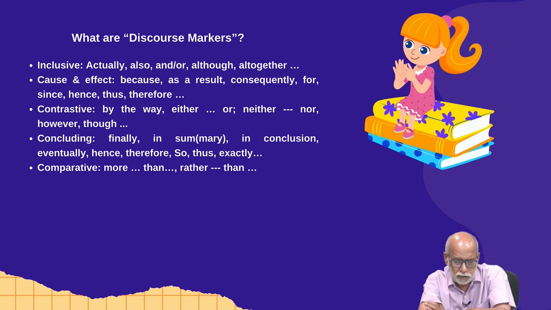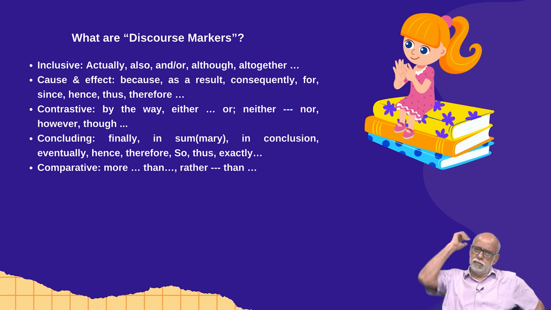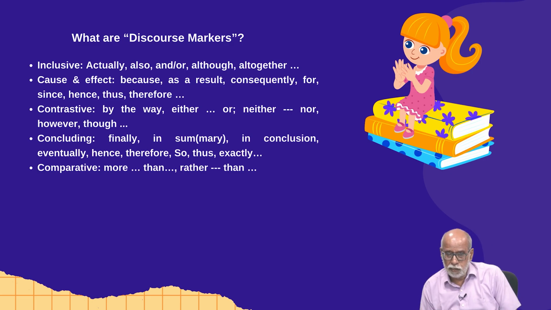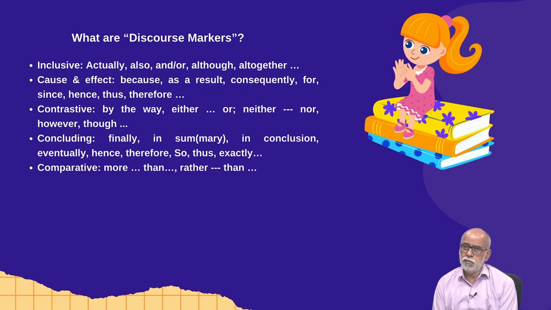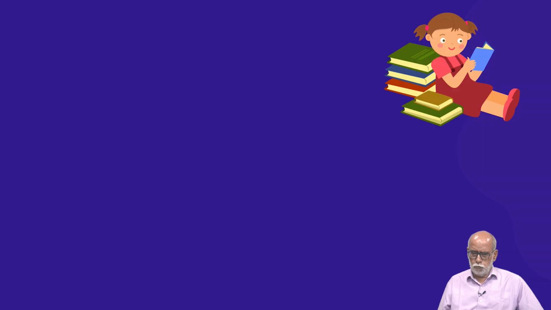Then there can be things like causes and effects, or cause and effect, because something will happen as a result, or that is why. Suppose you have stated the reason, somebody left the fire stove burning last night, and then you say that is why the room was so uncomfortably hot. Then sometimes even for or since. Similarly, there are comparative markers and concluding markers. Among concluding we have, let's go.